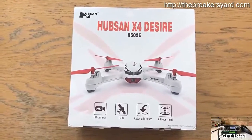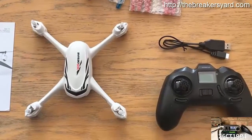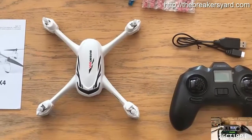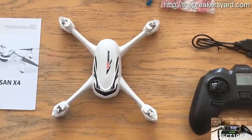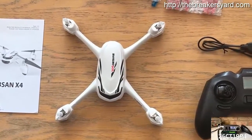Let's get the box open and we'll take a look at what's inside. So I've got the key bits out of the box. Just have a quick walk through of what you get. Drone looks really nice, I have to say. Not the most expensive of builds. It feels quite plasticky, but again, it was only 40 or 50 quid,